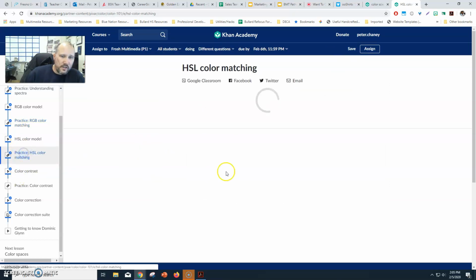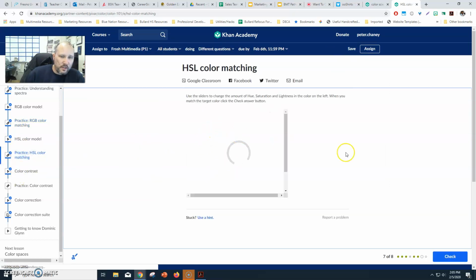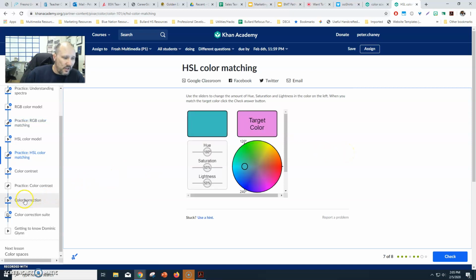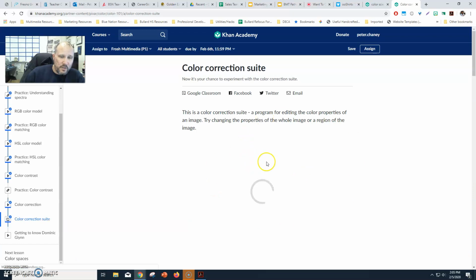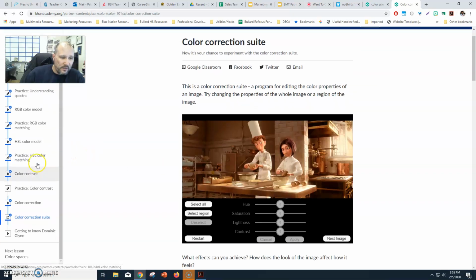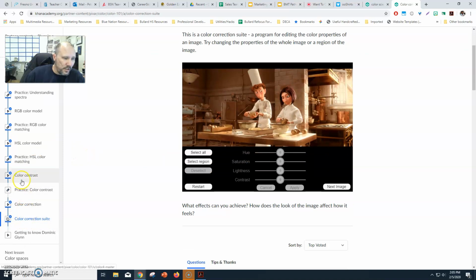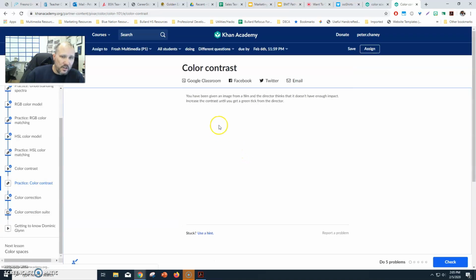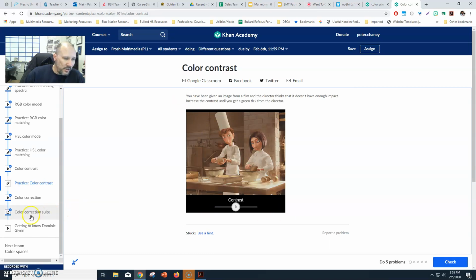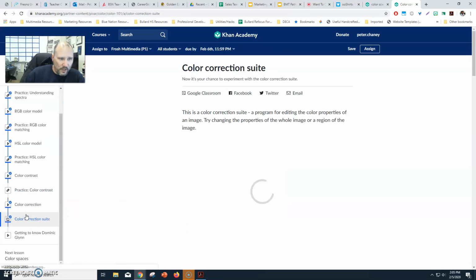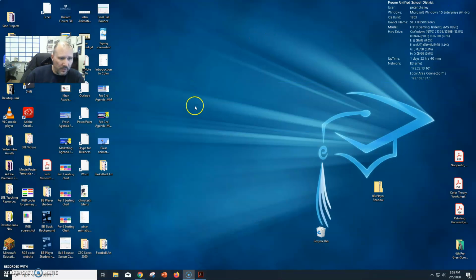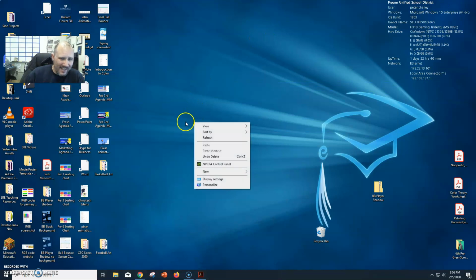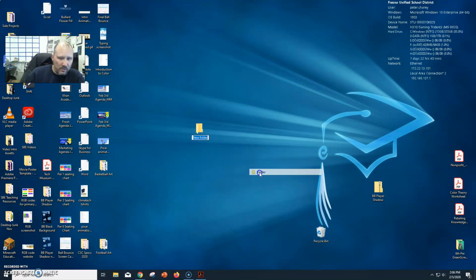Yesterday we did HSL, so you're doing a before and after for these as well. And then today you're going to do color correction before and after. So that's going to be 2 more files. And then the very last one is color correction suite. Oh, my bad. Color contrast first. So before, and then you do the contrast, and then number 4 right here. Okay, so once we have all 8 files, 4 befores and 4 afters,